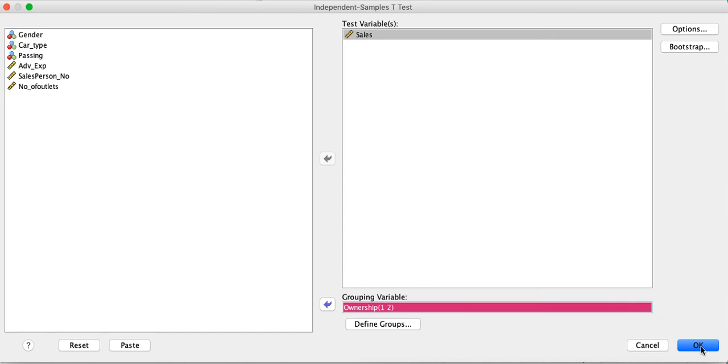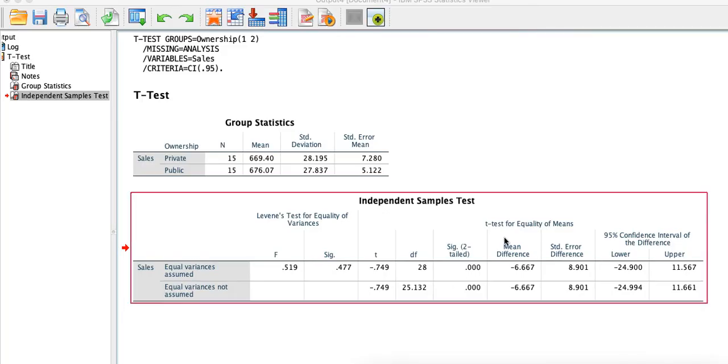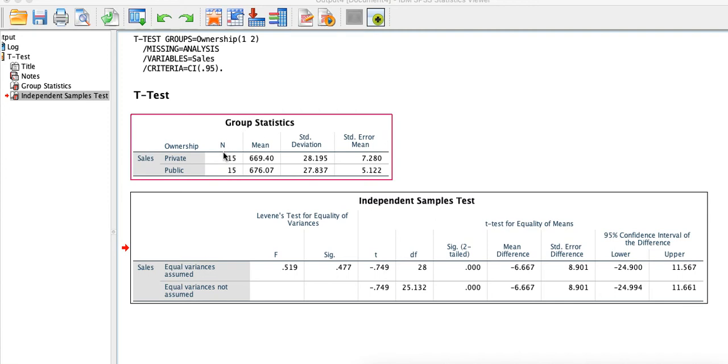We click on OK. Now we have the group statistics and the independent samples test. We have 15 private vehicles and 15 public. In private the mean is 669, and in public it is 676. The standard deviations are not too different, 28.19 and 27.84.